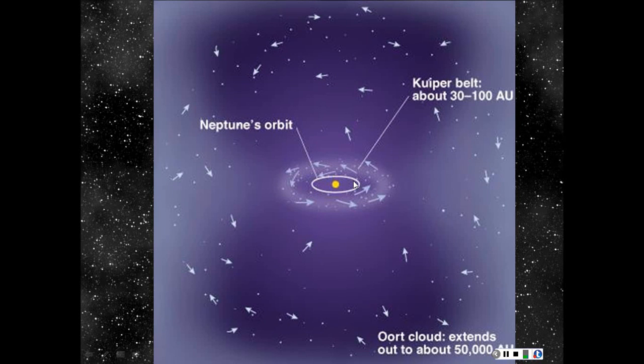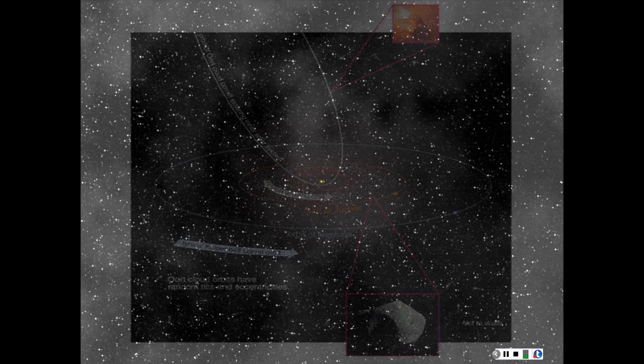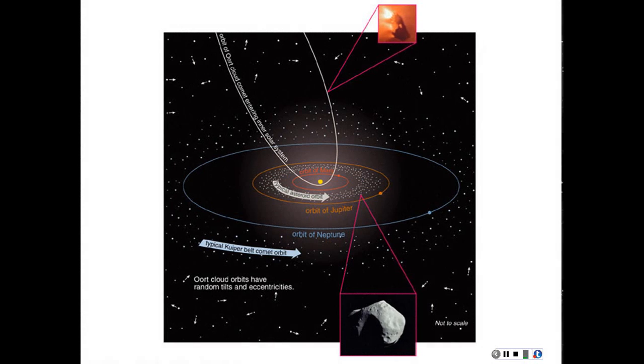of Neptune. Here we see the Kuiper belt, which extends basically from Neptune out to about 100 AU, and then out to 50,000 AU you have this spherical distribution of material further out, and this is known as the Oort Cloud. Now here you can see, so we've got the asteroids in here, got the Kuiper belt out here, but